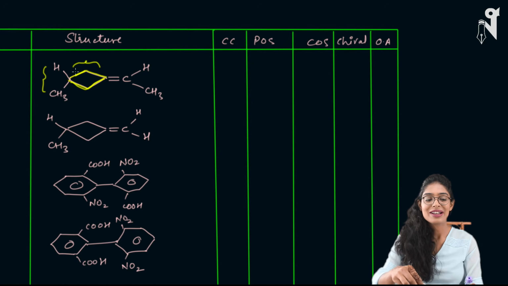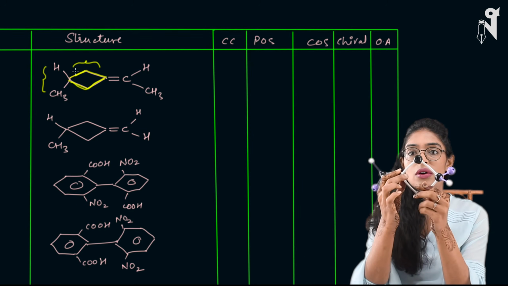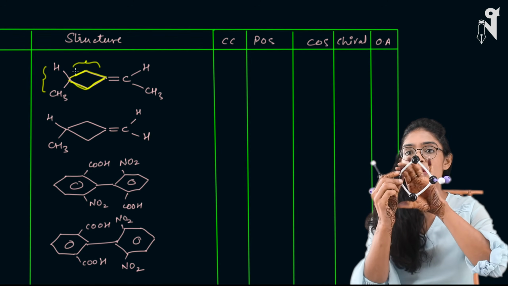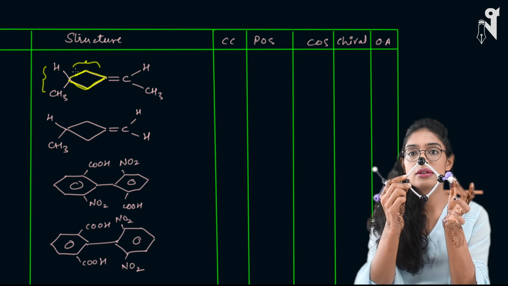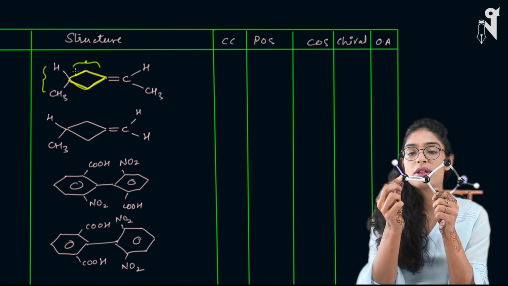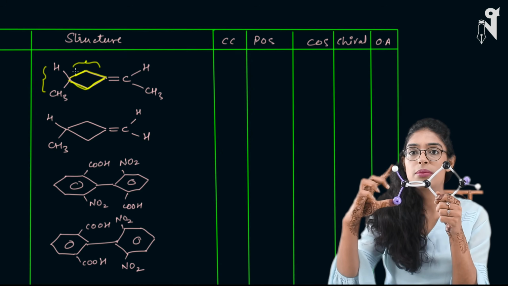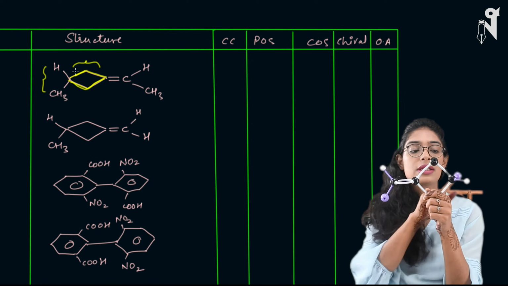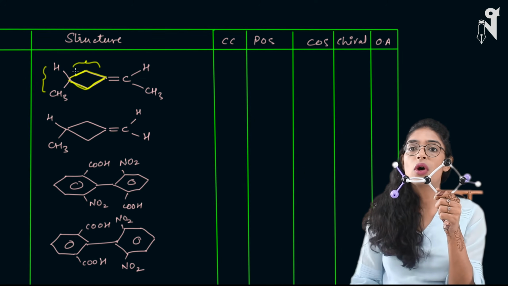Okay. Let me not complicate it much. Let me show you this. If this is your cyclic ring, then these bonds are in the perpendicular plane like this. Then there is a pi bond, then there is a carbon, and then again these two bonds are in the perpendicular plane, right? So that's how it is, and these two will be in a different plane altogether. This we have already discussed.